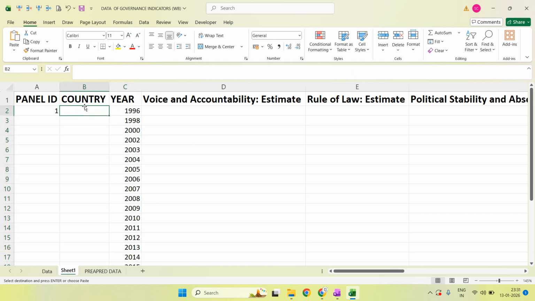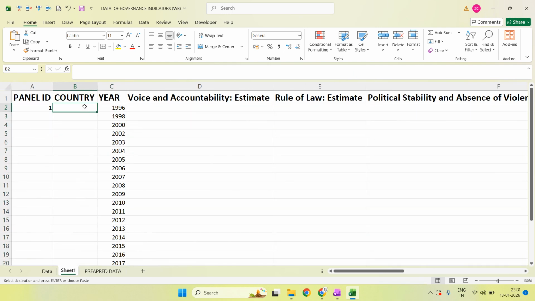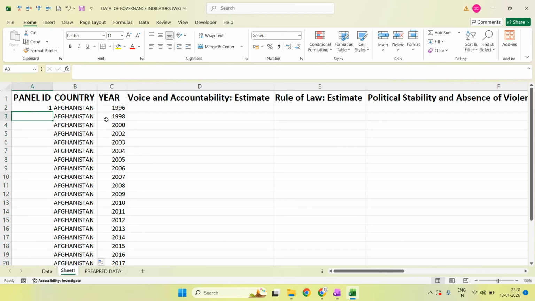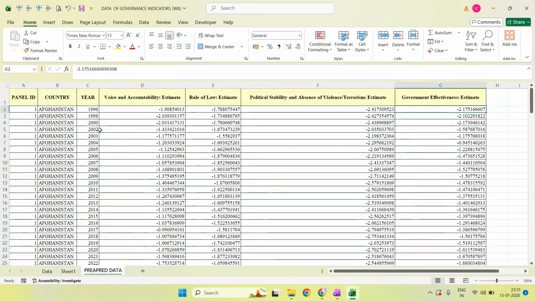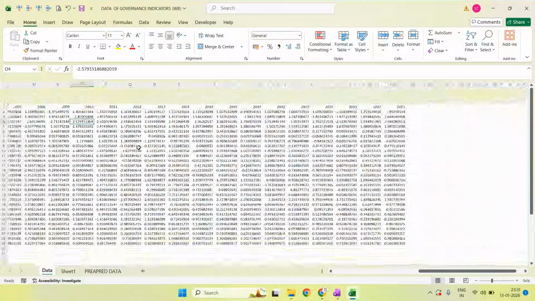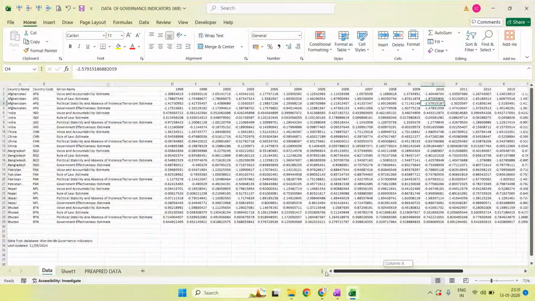And for country we have Afghanistan. Afghanistan is the country name. So I am just giving Afghanistan, and I will just drag it down so that Afghanistan is stored, and for panel ID also I will drag it down. So our data is kind of looking like this prepared data now. Still we have much more work left. Now we don't have the values yet. Now how to get these